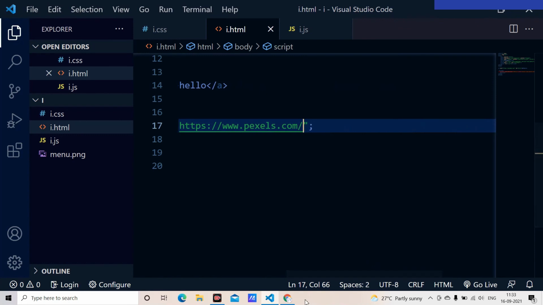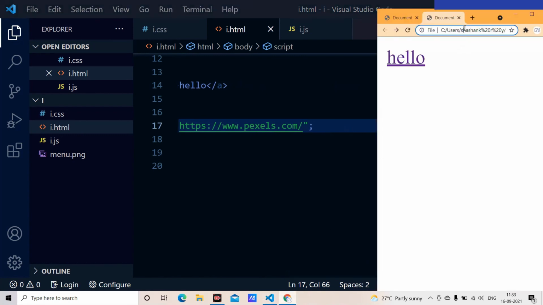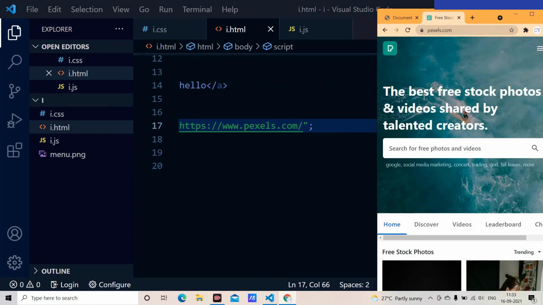Well, I save it. When I just reload the whole site and click the hello, it is going to show me the pixels. As you can have a look at here, we successfully changed the link from Pixabay to the pixels, and this is how we go with changing the links.